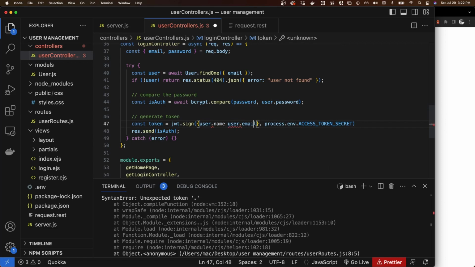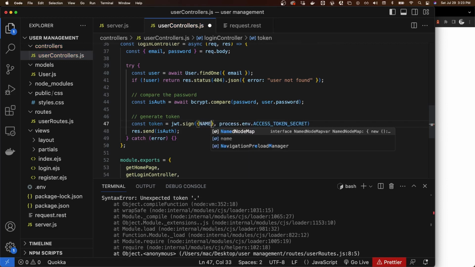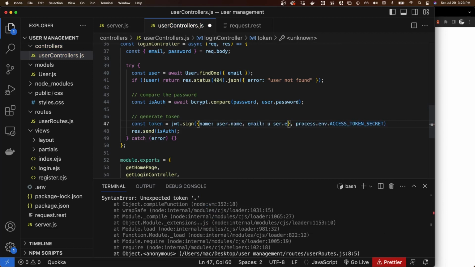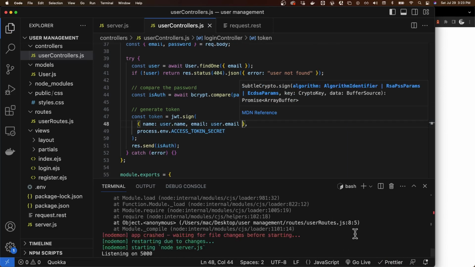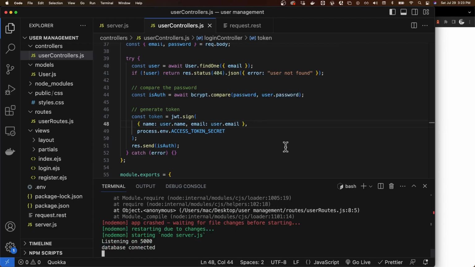This is an object, so we have to do name, user.name, email, user.email in here like that. Let's see if we have the error stuff. All right, so since we are using the access token secret, let's copy this, come to our environment variable, and